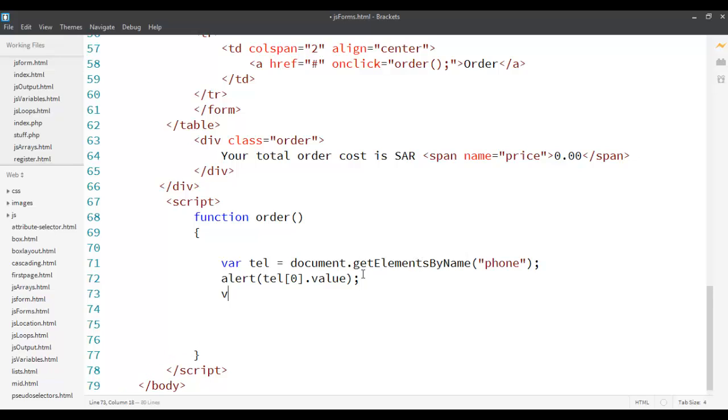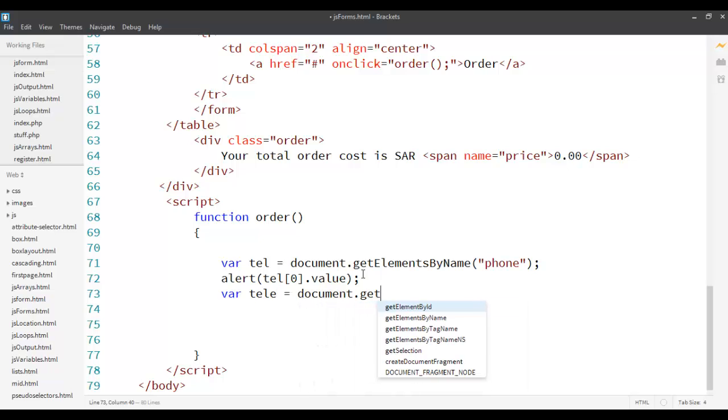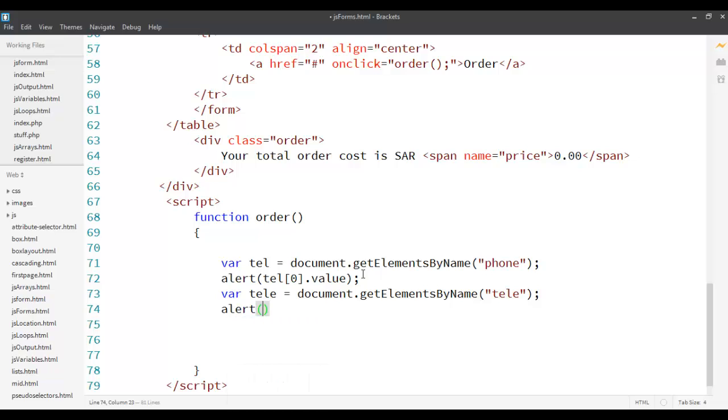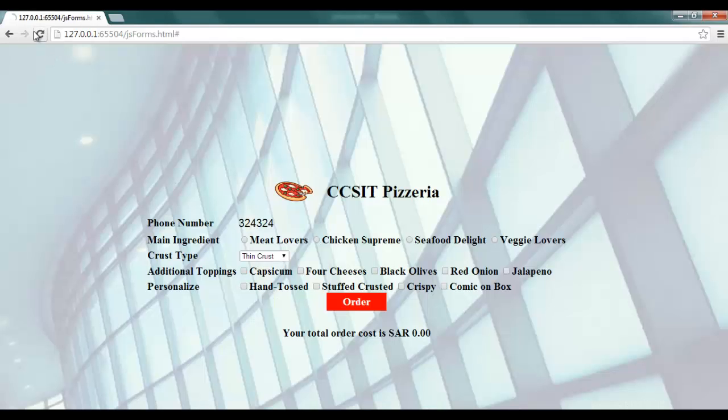Let's say, for example, over here, var telly equal to document dot get element by ID. This time I'm going to use the ID of the element. You see the difference between these two is that I don't need to use the array, because it's not an array. An ID can be only just one element. It's unique. So in this case I just say telly dot value. That's it. I'm going to save this and then refresh my browser, enter some number over here and press